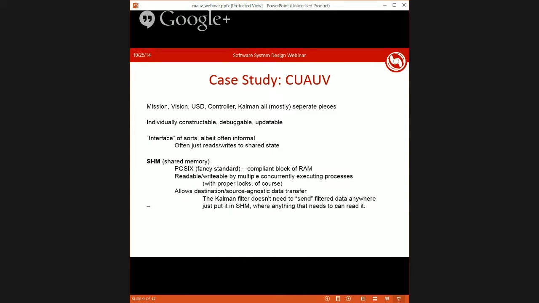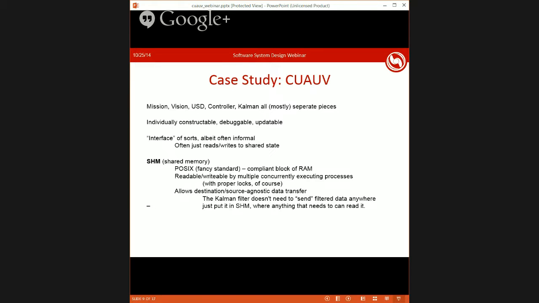So in our case, this is mostly done by something called shared memory, which is a system that we use. It's technically a POSIX compliant block of RAM, which is some fancy terminology, but it just means that RAM on the computer, so literally some memory that has proper read and write locks, such that you can have multiple programs reading and writing to it, quote unquote, at the same time without issue, although really not at the same time, but you can treat it like it is. And this allows us to